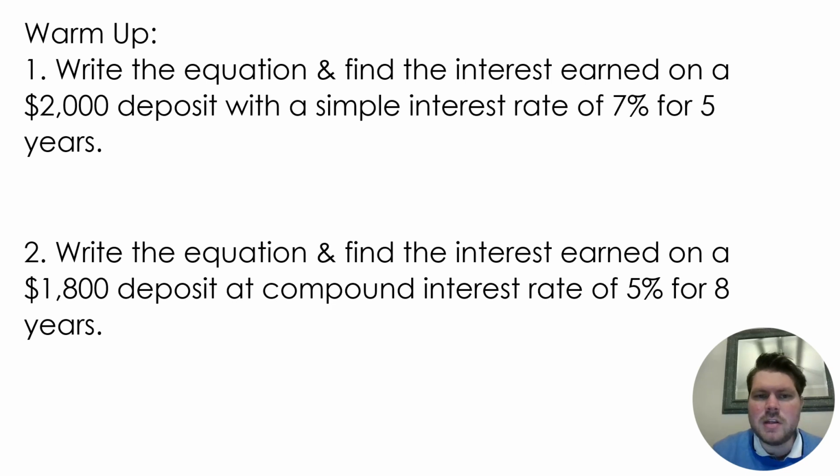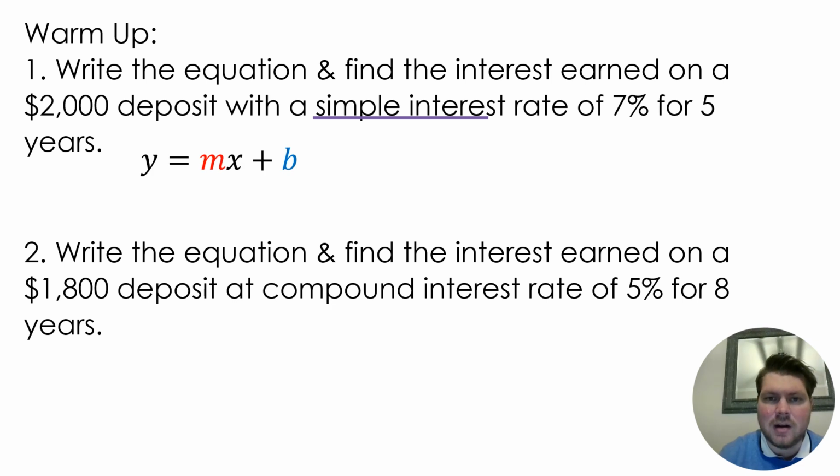It says write the equation and find the interest earned on a $2,000 deposit with a simple interest rate of 7% for 5 years. So hopefully you remember from last week, and if you don't, I really recommend going back and watching those videos. Simple interest is linear. So I just need to find out my slope and my b. To find out my slope, well, it's going to go up by the same amount each time, which is 7%